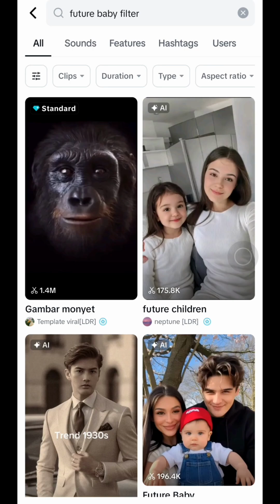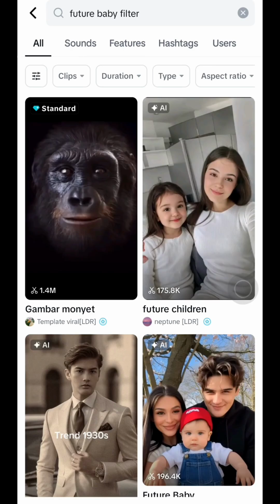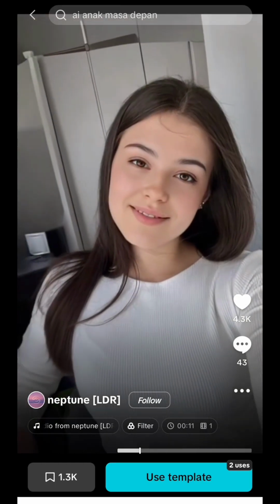So let's get started. First, just open up your TikTok app, and once you're on the home screen, just tap on the search bar and then type in future baby filter or future kid filter, and then you should see several videos using the effects. Just open one of them like this,